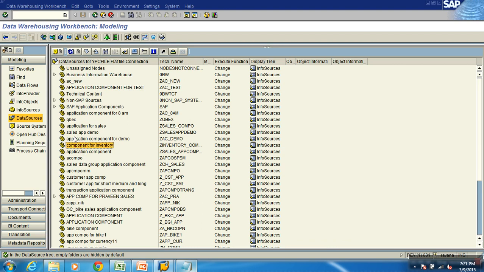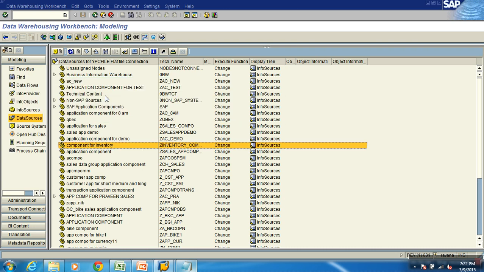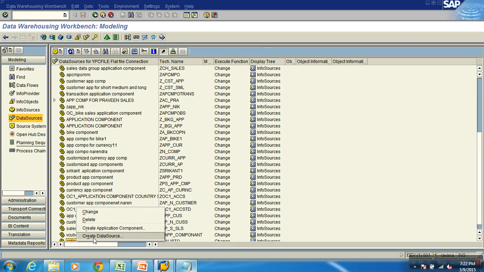If you want to create your own component you can, but I'll just use something which is already there. Right click, create new component, Z Callisto. So I have my component. Now right click on this component and say create data source.